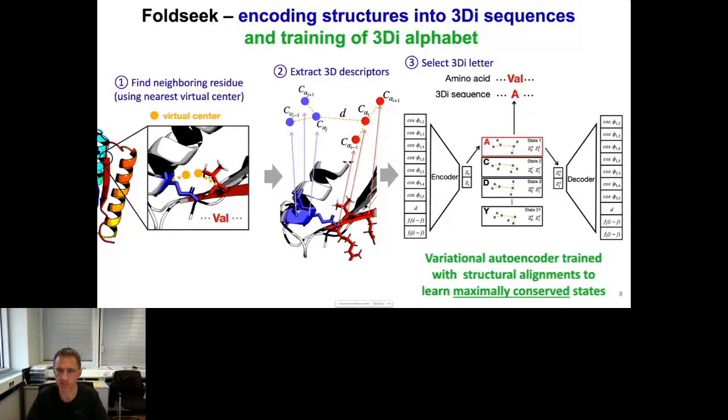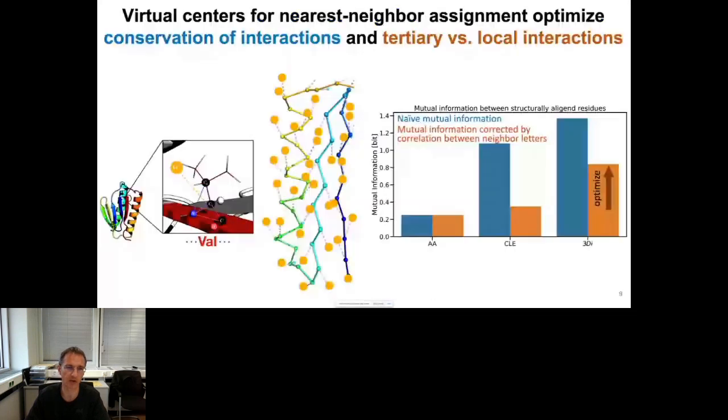So you try to predict what is on the right side from what comes in on the left side, fiddling it through this information bottleneck in the middle, the 20 states. And very importantly, what is on the right side is not the same as what is on the left side, like in a standard variational autoencoder, but it's basically the homologous feature in a structurally aligned protein. So you try to predict the 10D descriptor of the aligned part from a structural alignment. This is how we train the autoencoder on these training alignments and get out our encoder,